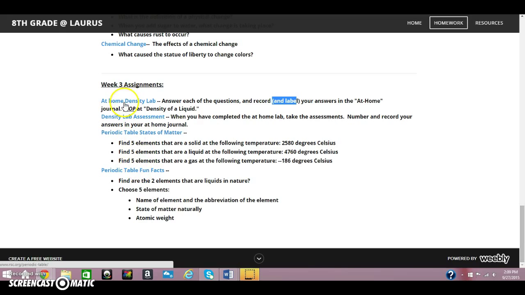We'll start with the first one, at-home density lab. You're going to answer each of the questions and record and label your answers in the at-home journal. Stop at density of a liquid. I do not want you to continue on where I'm about ready to show you. Okay? We're going to do all of them in the classroom, but density of a liquid we're going to do only